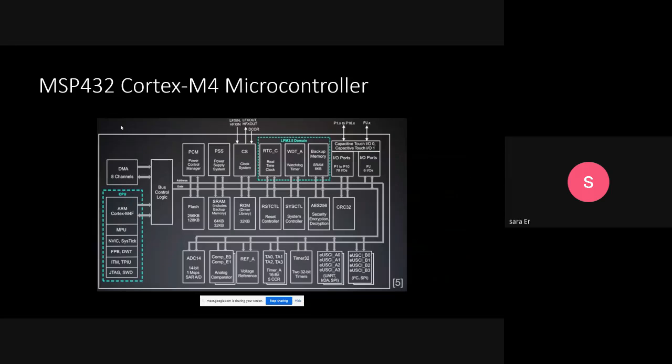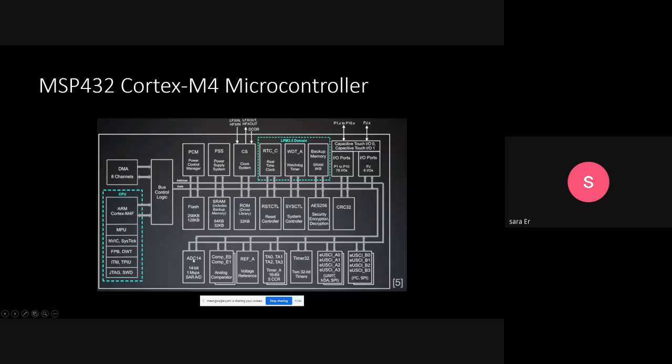Okay, here you can see an example of a Cortex M4 microcontroller. That is a high-speed microcontroller, the MSP432. And you can see different parts of this microcontroller. All of this picture is a tiny black box inside the red PCB. This is an IC and contains different parts. The name of this IC is Cortex M4, a high-speed microcontroller.